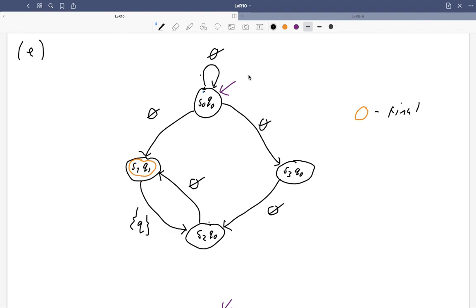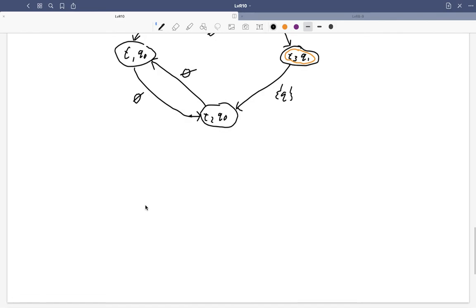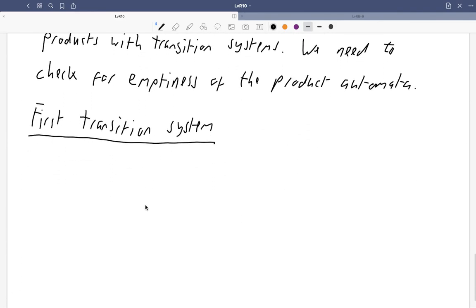So what we're looking for is, does there exist a lasso that contains an accepting state? There are various ways of finding one, but an easy way to get to a lasso here is, at the start state, we go down here, and then we go around this loop. And we have a final state in the correct place. It just needs to be somewhere in the loop, and it is. So indeed, the product automaton in this case